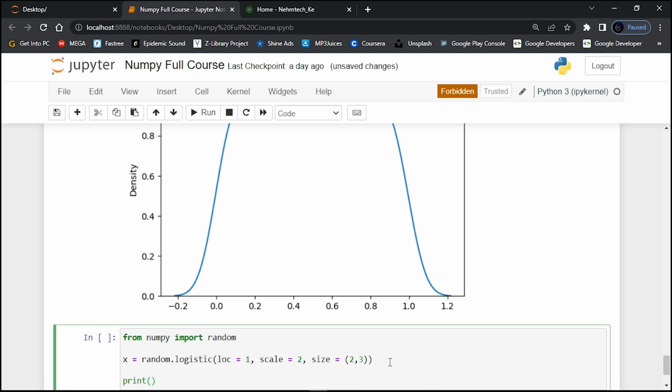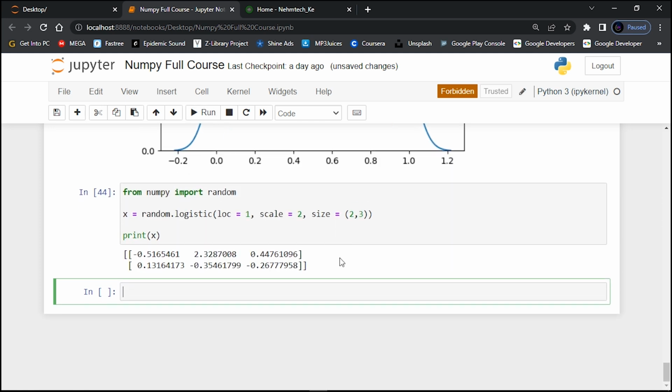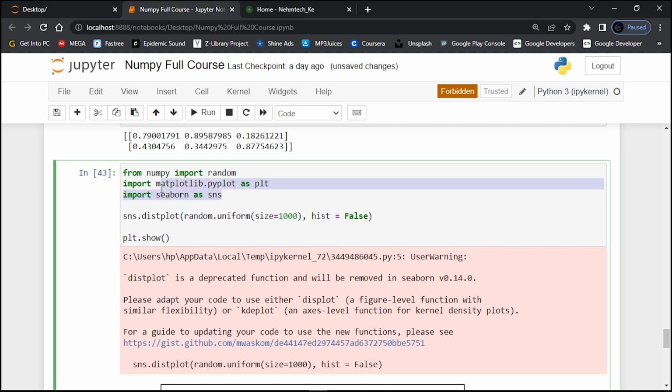You can say print our object. Then let's run, and then you can see it has given us these results, guys. But let me show you how you can visualize. Again, let's do the same thing. Let's copy the code,